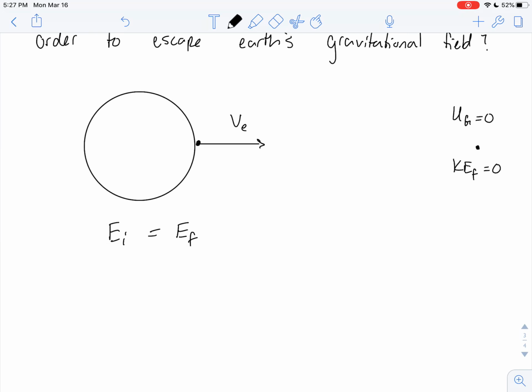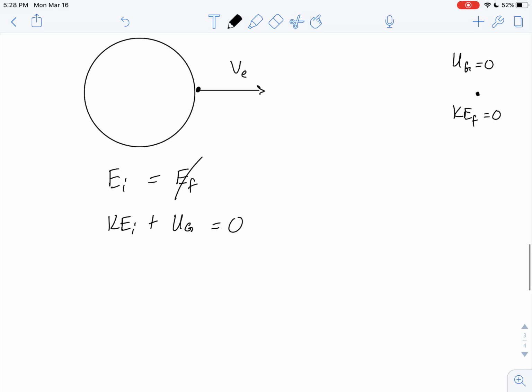And so all the initial energy is going to be kinetic plus gravitational potential, and there is going to be 0 energy infinitely far away. So that's 0. And then we can solve for kinetic. So kinetic initial will be equal to the negative of gravitational, which is equal to the negative of negative G